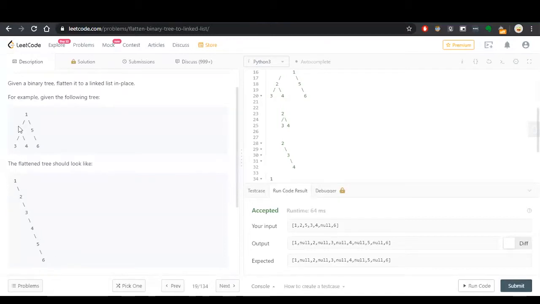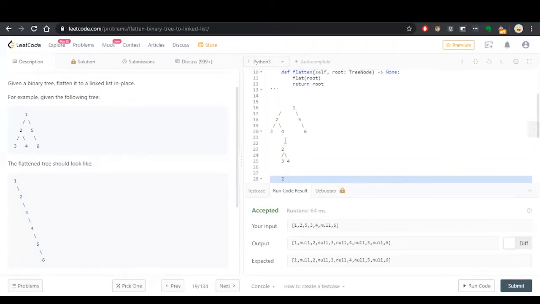And if you go from the root to the left subtree, that is 2, 3, 4. So how does the 2, 3, 4 subtree look? Like this one, right? This is the main thing. We have to get the left subtree and append it to the head node, and then append the right subtree of the head to the end of the left subtree, append it to the current head. It might be confusing at the first go, so let's start with the representation.